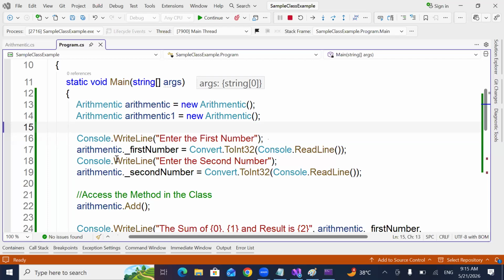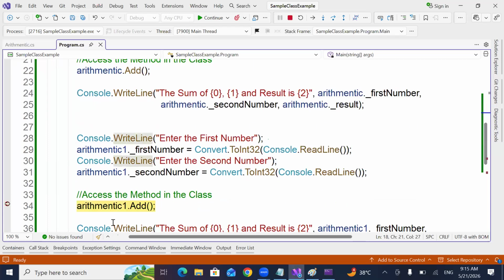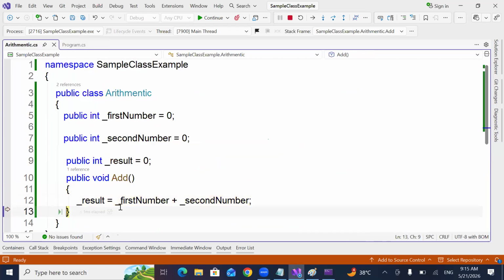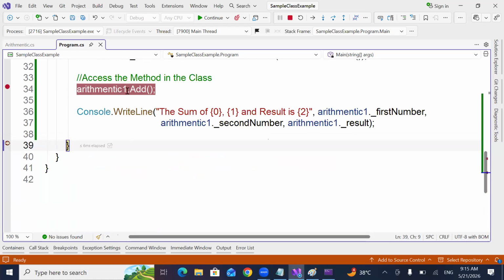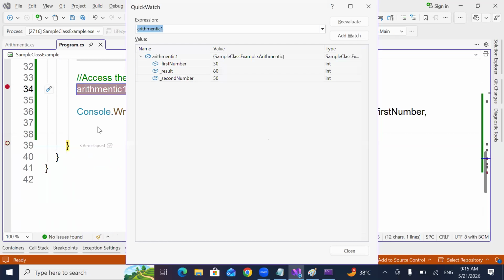Now come back here. You see, I'm printing. Now go back. Arithmetic1 will have a value, result is 80. Now, if I go and say arithmetic, the result is 30. Understood?